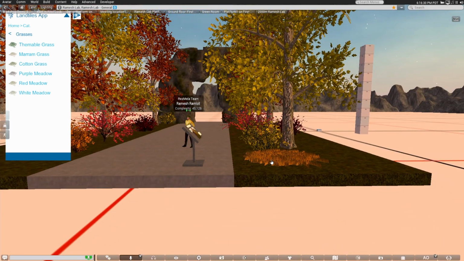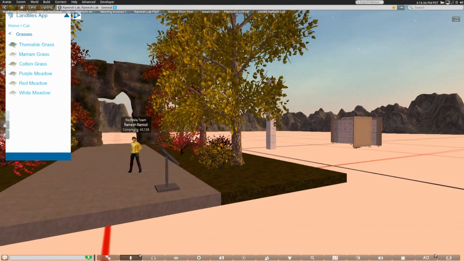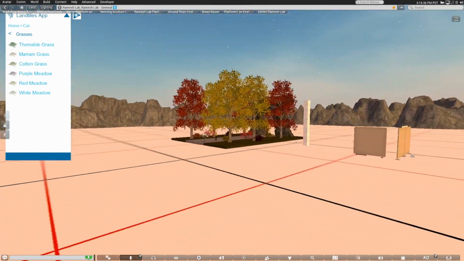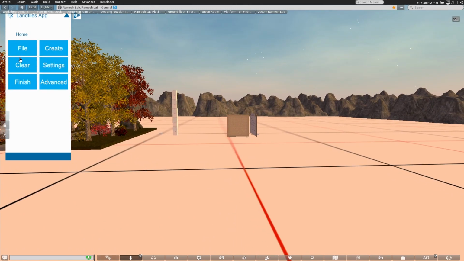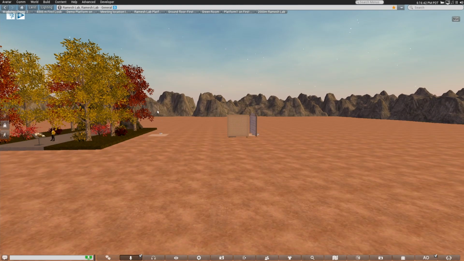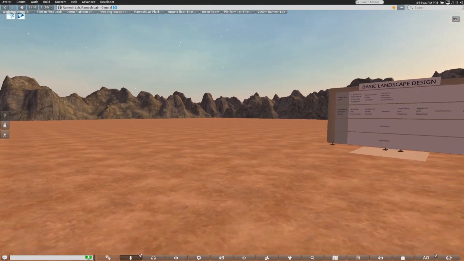So you have to be very careful and not add too many things to your landscapes. It gets busy and it's not too pleasant. Okay, so let me click on finish here and let's go back to our theoretical